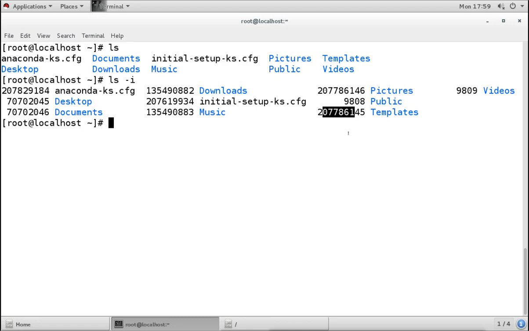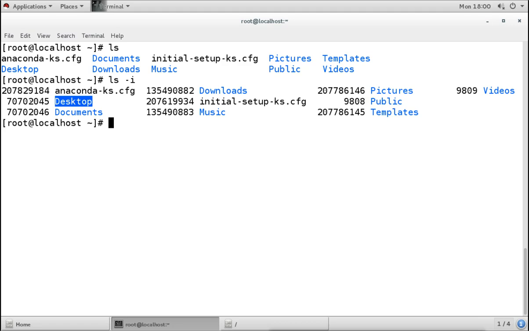We can assume this inode number is actually the address of that file or directory in our file system. Now what is important here for the inode and what is unique is that these inode numbers are unique. Suppose we have this name here, desktop. This desktop directory you will see in every user's home directory. If you have 100 users or 1000 users, in every user's home directory you will see the same directory name, desktop, desktop, desktop, no difference.